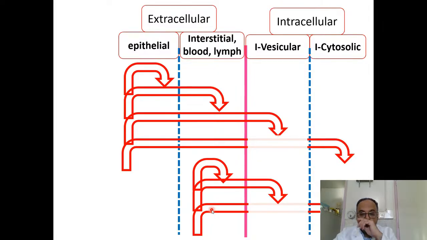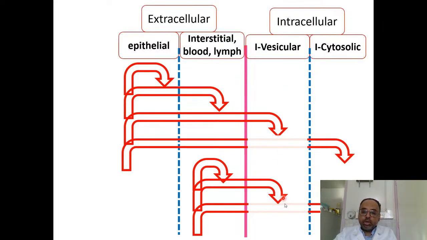Before the pathogens become intracellular, they're outside of the cells, and antibodies can protect. Once they are inside cells, antibodies will not be effective anymore. And then we have to find other ways to protect. All right. So what I'm going to do now is to start from the intravesicular space, the one in here, and show you the types of immune responses that we have. Then we will be talking about intracytoplasmic space, and then we will be talking about extracellular space.